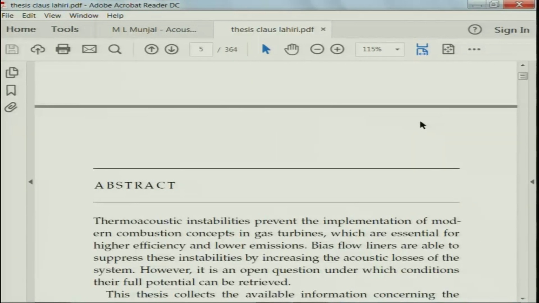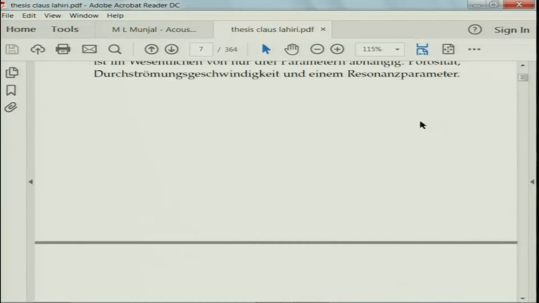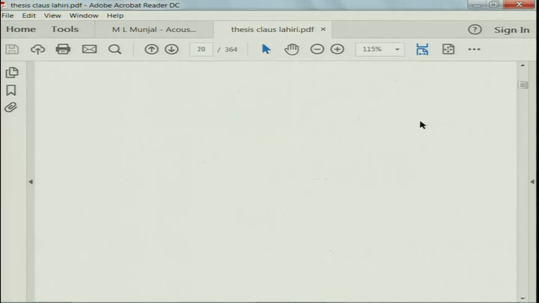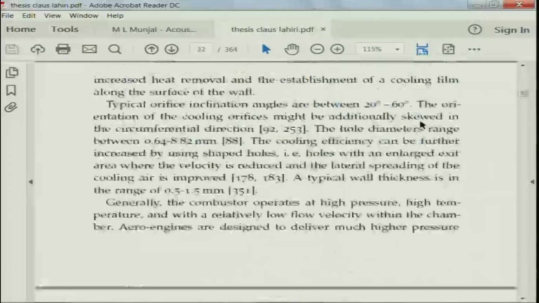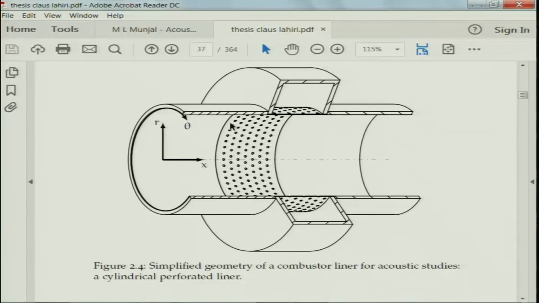It was a very good thesis on the review of different perforate impedances used, especially in the context of liners for gas turbine engines. I want to show you some photographs of the exaggerated view of the nice perforated liner that is used in such things. Here we see a cylindrical pipe, and a part of that has an array of small holes. These are basically what constitutes the perforates, so the waves can go through them. This region where my mouse is pointing is the area through which the perforated section allows the waves to go and interact with the annular cavity where I am pointing.